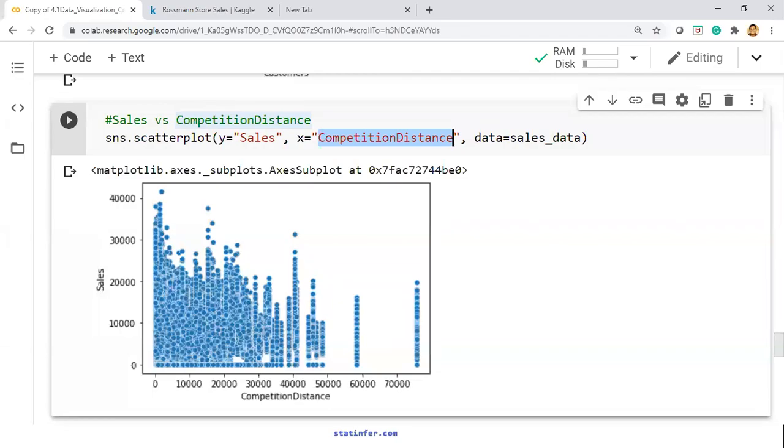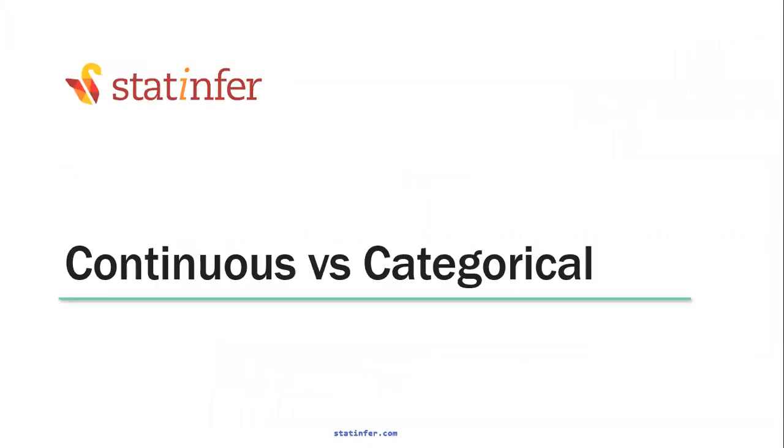The next one is again a relationship plot, that is between continuous versus categorical. Till now we have discussed individually continuous variables, individually categorical variables, continuous versus continuous. Now what if you want to show the relationship where one variable is continuous and the other variable is categorical? That means this variable is yes or no, or region east, west, north, south. Like one of the variables is categorical, one is continuous. Then how do you show the relation?